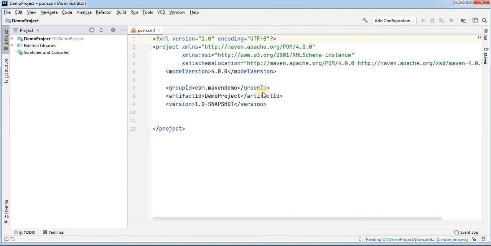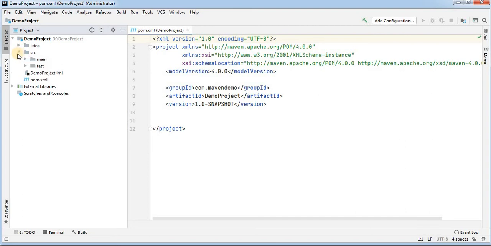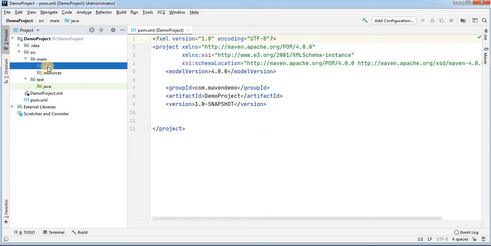You will find that the project is created, and it is created with pom.xml because we are creating a Maven project. So what is the configuration file for the Maven project? That is the pom.xml, where all the dependencies we have to provide depend on the requirement. If we see the project structure and expand this demo project, we will find src. Under src you will find main and test. There are two folders. Test is basically for writing JUnit tests, and main is basically for writing your Java classes.